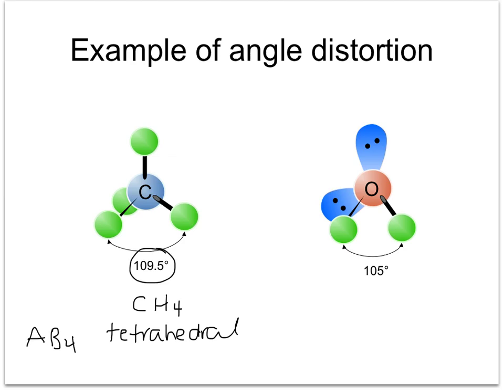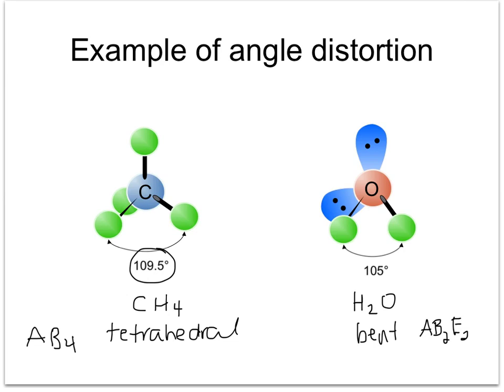If we take a look at water, H2O, which we know is bent, and we look at its code, it's AB2E2. Looking at these two pictures, you might think that they are the same shape. However, they're not. The molecule on the left is tetrahedral and the molecule on the right is bent